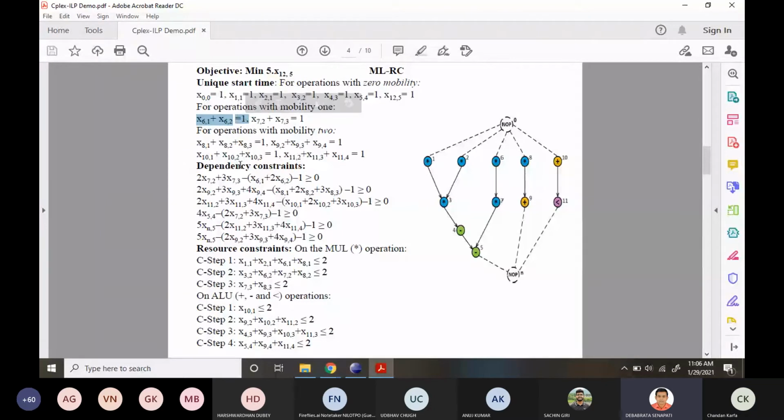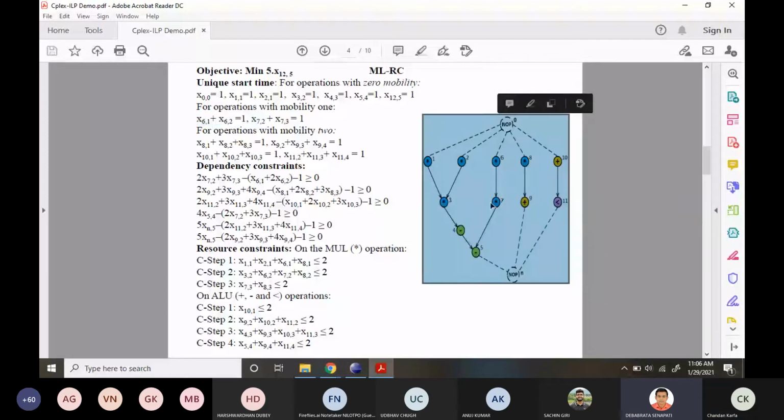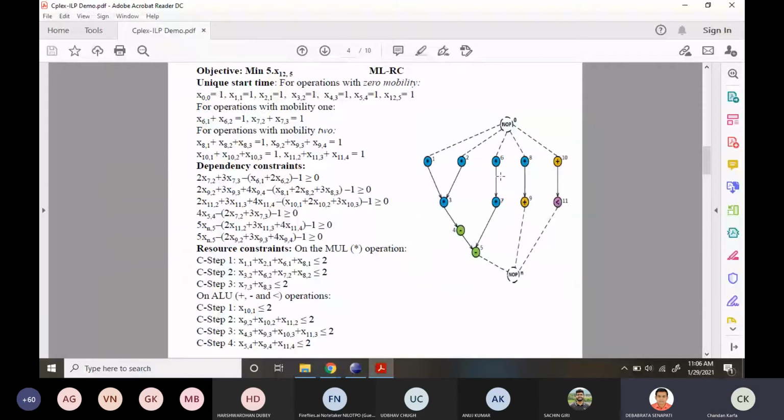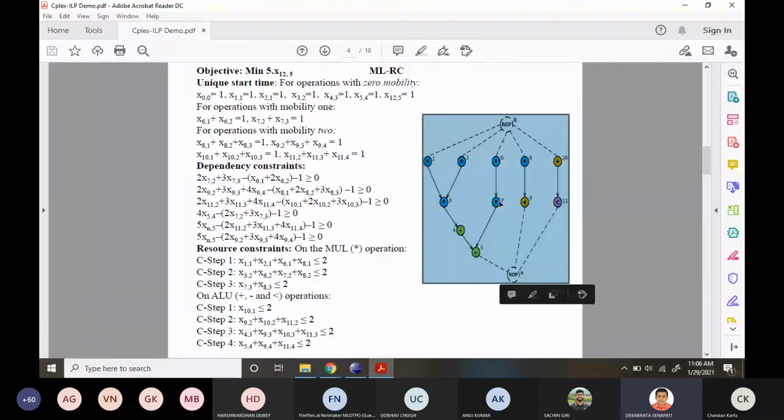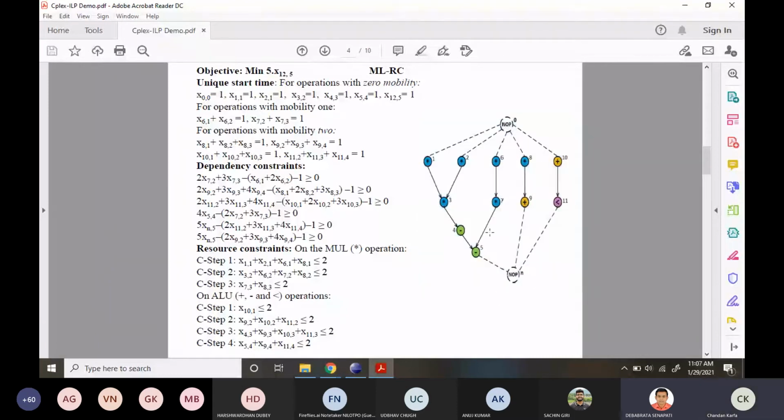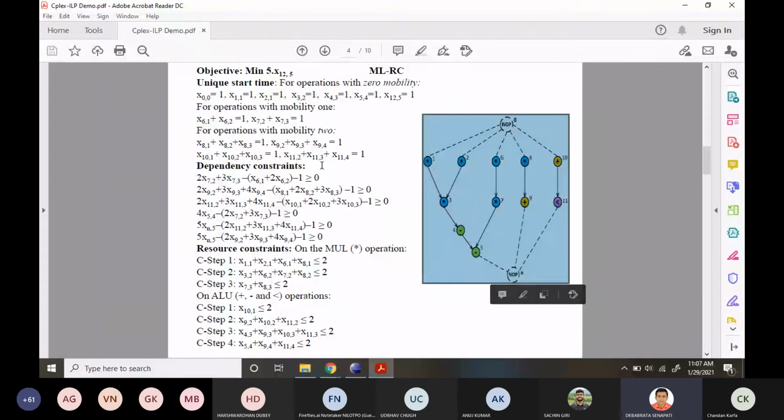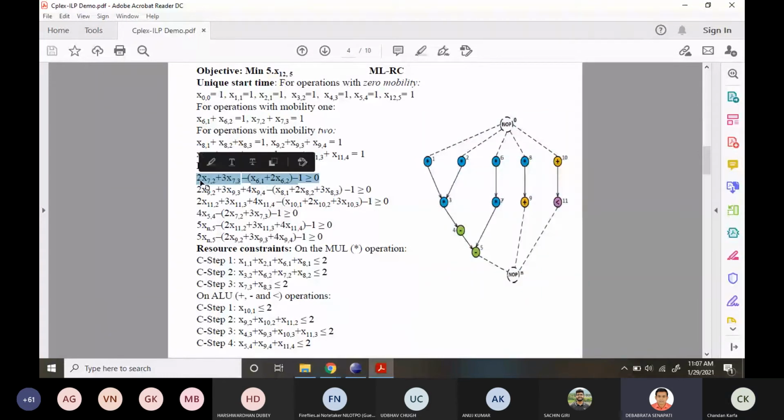Then come to the dependency constraint. In this graph, 6 and 7 are dependent. If 6 starts at time step 1, then 7 can be executed at time step 2 or time step 3. If 6 starts at time step 2, then 7 can only execute at time step 3. This constraint enforces that dependency relationship between operations 6 and 7.